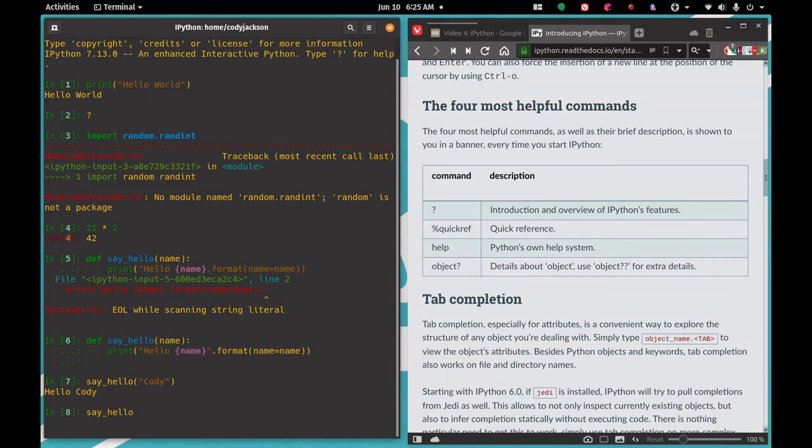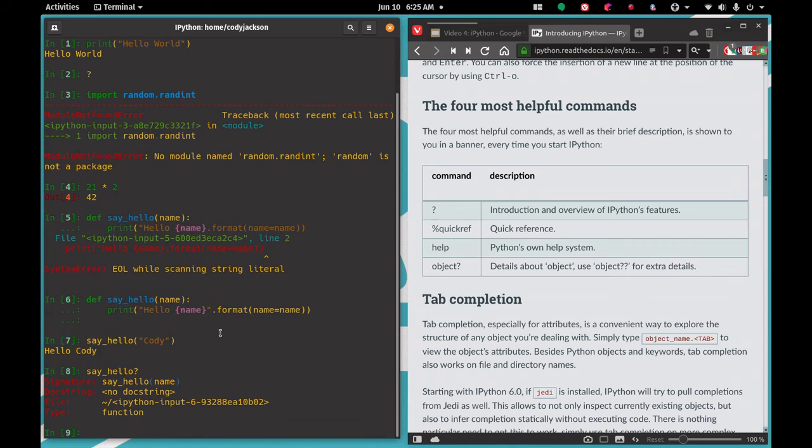say hello, because I didn't really give it a whole lot of information, all it can tell me about the say hello function is that it is a function. This is its memory location. So let's call something that's built into